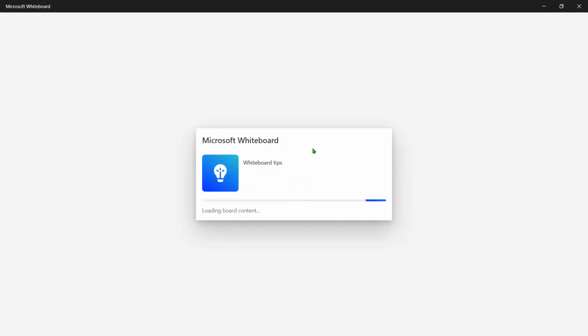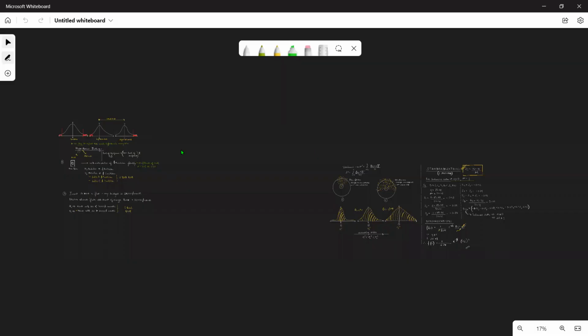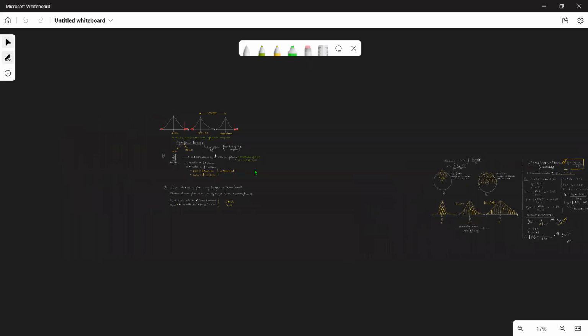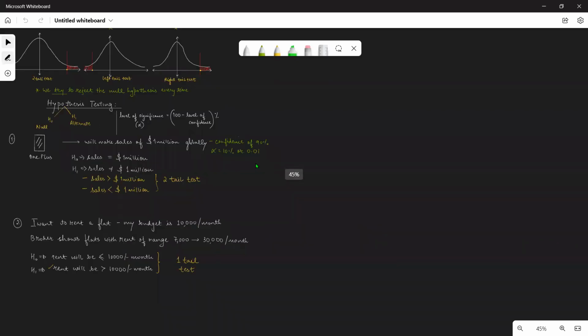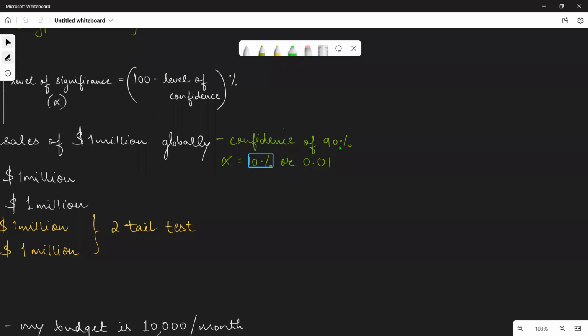So we were talking about this level of significance. I think that part is clear. So if this is clear to us, one more dimension that we have to look into is that when I say confidence of 90% means significance of 10%, that is fine. Now